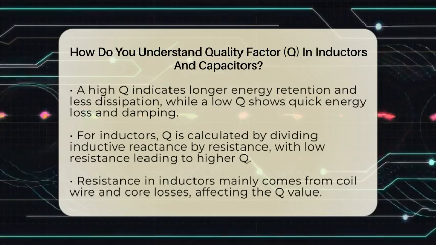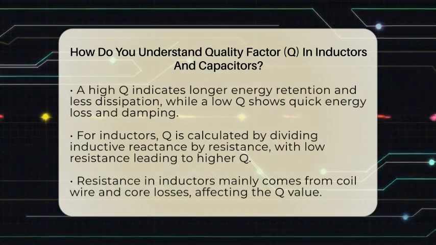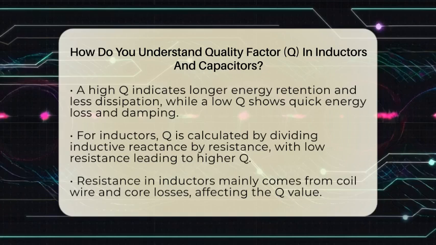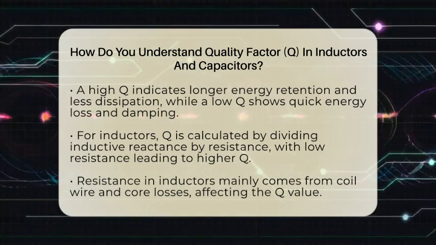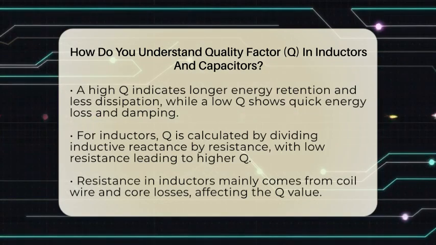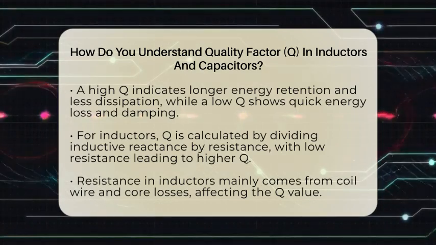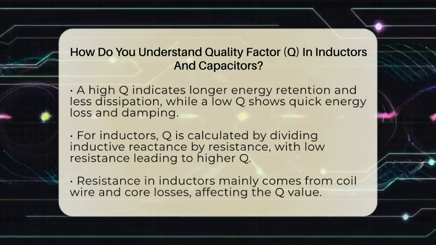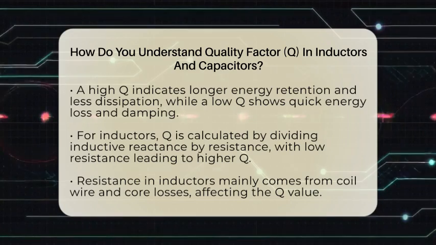For inductors, Q is calculated by dividing the inductive reactance by the resistance. The inductive reactance depends on the frequency and the inductance value, and it shows how much the inductor resists changes in current. Resistance is mainly from the wire used in the coil and any core losses. So, a high Q in an inductor means it has low resistance compared to its reactance, making it better for